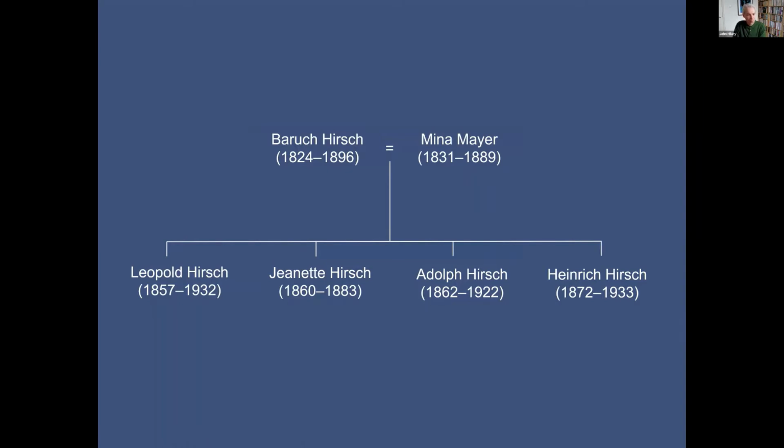And they had one daughter, Jeanette. You see there, she died very young in childbirth. And then three sons, Leopold, Adolf, and Heinrich Hirsch. All three of those sons would leave Heppenheim. All three would settle in London. All three would become stockbrokers, and very successful stockbrokers, and they would all in their own ways have art collections